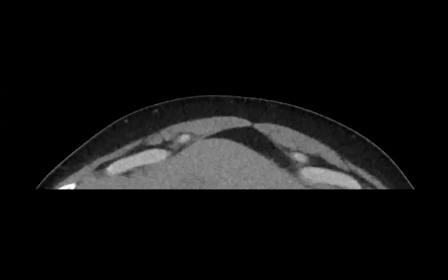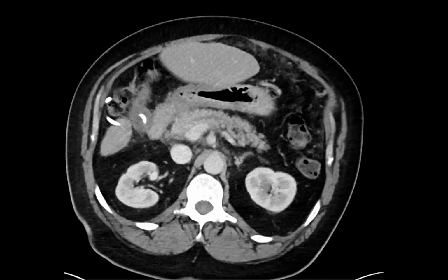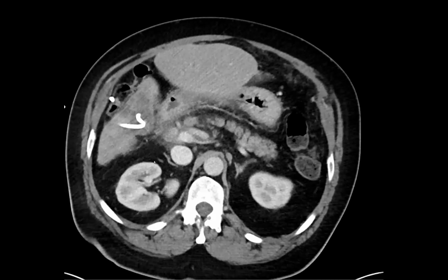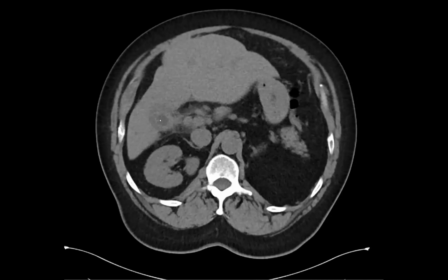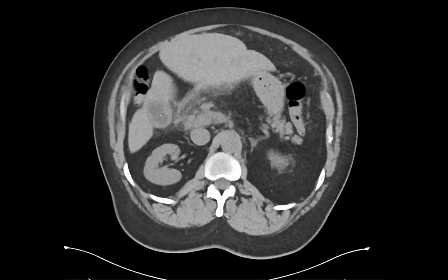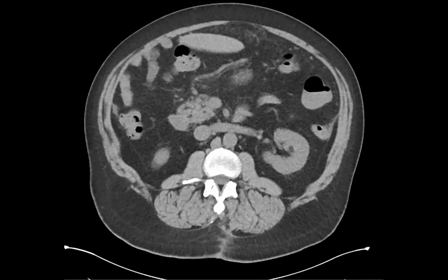They didn't really believe us. They then put a drain into it. So I guess one of the teaching points is that just because the wall is thick doesn't mean it's cholecystitis. This lumen is really not distended. It should be greater than 4 centimeters in diameter or 8 centimeters in length. This is just much more suspicious, especially with the peritoneal carcinomatosis, but they did put a drain into it, and